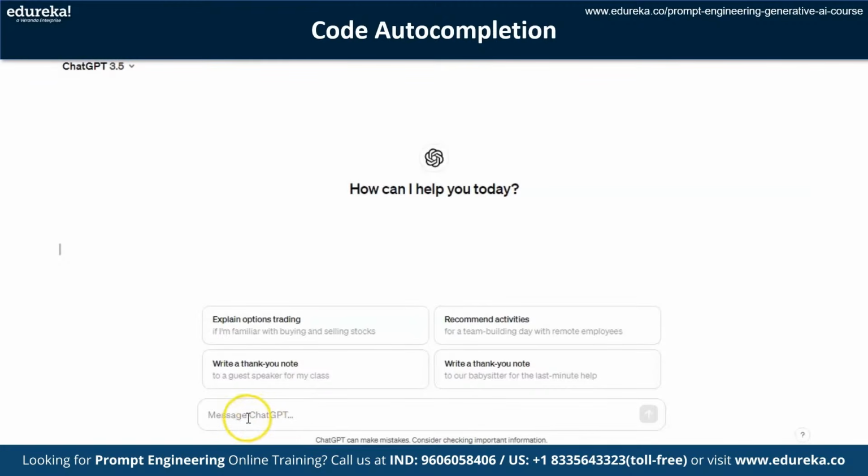Next, code auto-completion. Using OpenAI Codex or ChatGPT, you can perform code auto-completion tasks. So here we go with ChatGPT. Code generation prompts are usually partial code snippets or descriptions of programming tasks. They specify the desired functionality or behavior that the model should show. Code generation prompts allow the model to generate code that satisfies specific programming requirements, such as implementing algorithms, defining functions,